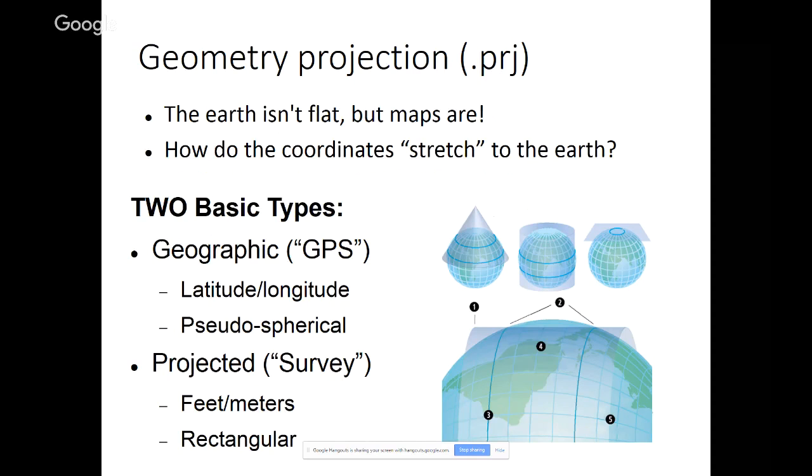In general, there are two types of projections and coordinates. There are geographic coordinates, which are like those you get from the GPS. These are basically on the sphere. They either use an accurate model of the Earth or a simplified model of the Earth as a sphere to give you real spherical coordinates. That's what latitude and longitude are. Then you have projected coordinates. These will be on the ground. I have a laser beam and a survey tool. I'm going to measure how many feet apart this thing is. For the most part, you want to deal with projected survey coordinates,